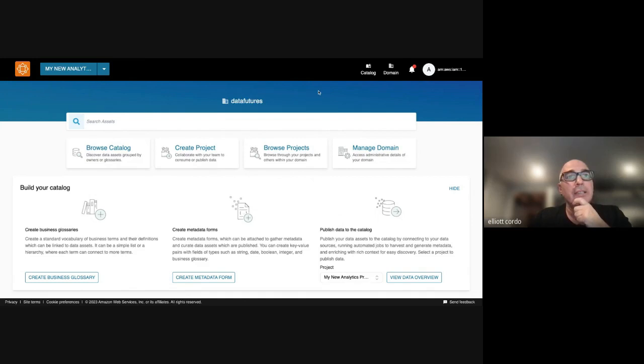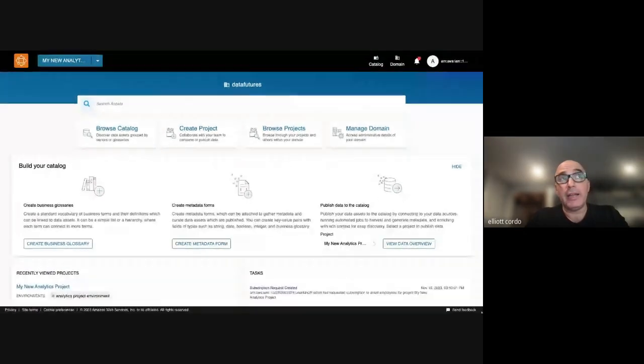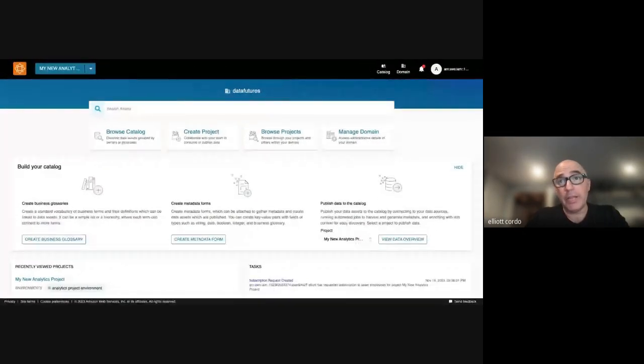I'll try not to bounce between the DataZone client and the console, because that can be problematic with IAM and all. So we'll just stay in the DataZone portal, because this is a quick one. What you're seeing is an experience outside of the AWS console.